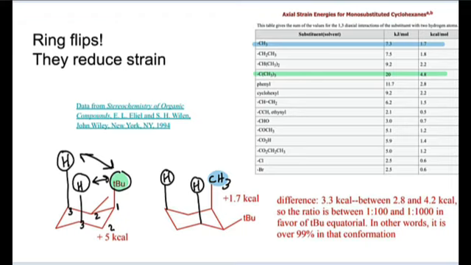So if we looked at the energy difference, we could get an idea about which disubstituted cyclohexane is more stable. And so being that the difference is about 3.3 kcals, we know that it's considerably more stable to have a methyl in the axial position than a tert-butyl. So one thing is to be